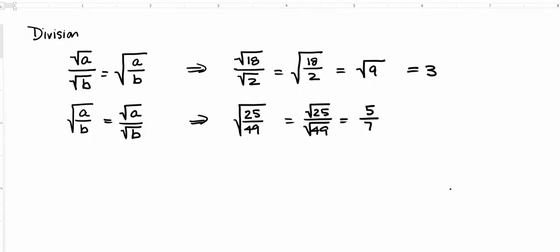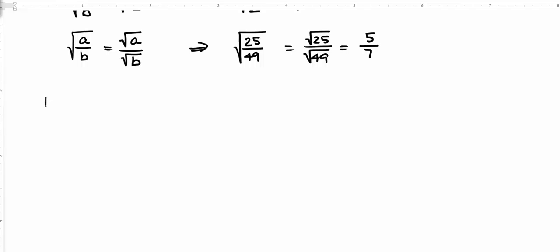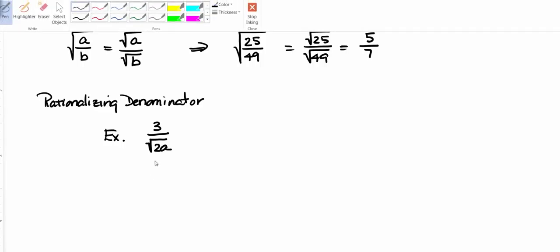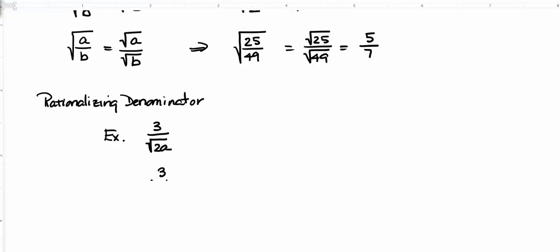And remember, the last thing we talked about was rationalizing the denominator. Meaning we can't have a square root sign in the denominator of a fraction. Right, so basically if I had 3 over the square root of 2a, we can't have the square root of 2a in the denominator and consider it simplified. So all we have to do is we can take our original, and we want to get rid of the square root sign in the denominator. So we're going to multiply this by itself